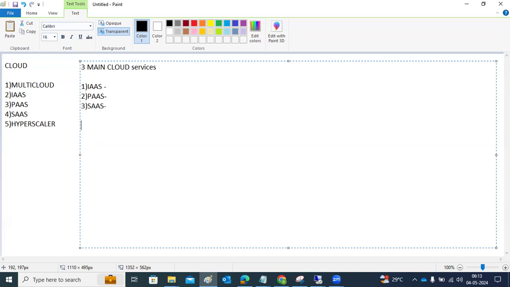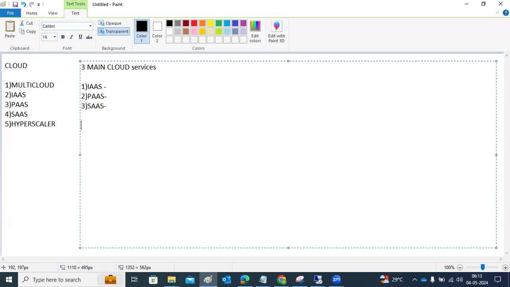So what is a hyperscaler? Hyperscalers are massive companies like Amazon, Google, and Microsoft that provide cloud services. They are massive-scale cloud providers.